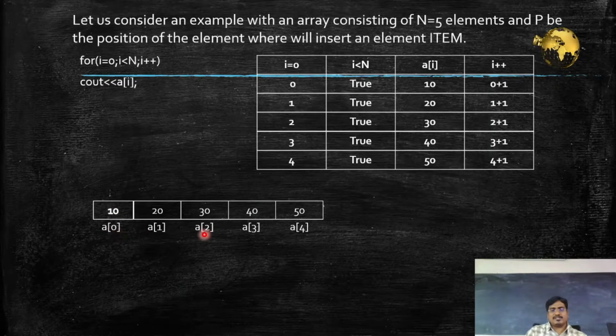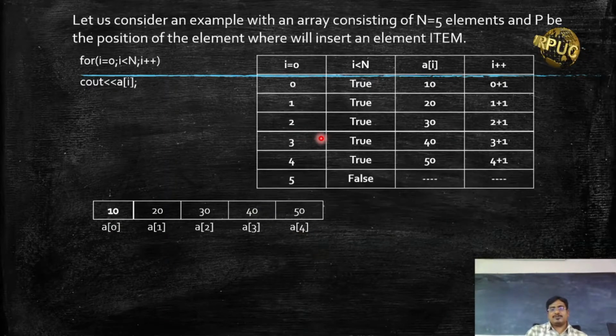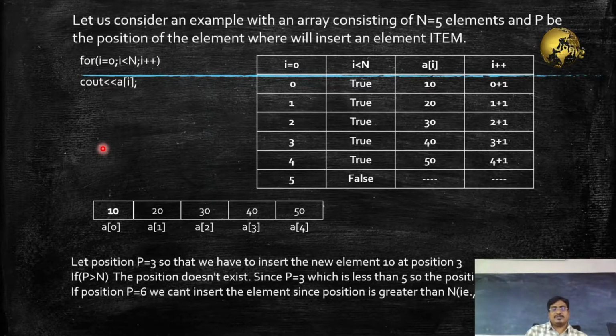My array index always starts from 0 and ends with n minus 1. So when the statement goes to i is equal to 5, you can see here 4 plus 1 is 5. When it reaches 5, the condition becomes false. 5 less than 5 is false because 5 is not less but equal. If I had i less than or equal, then the condition would have become true. Since I have the lesser operator, the condition is false. So once the condition is false, it will come out of this loop and execute the next statement. So let us see now.